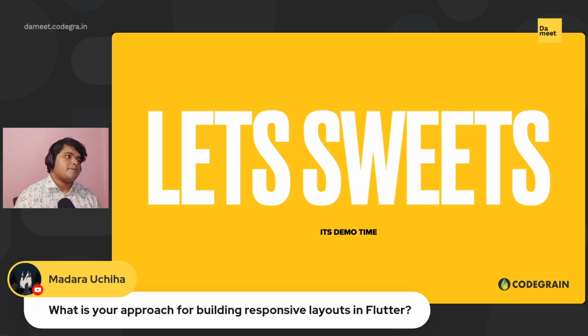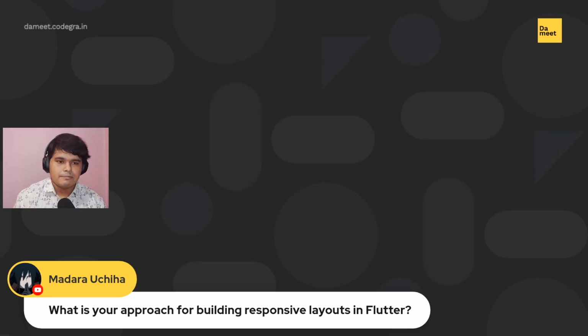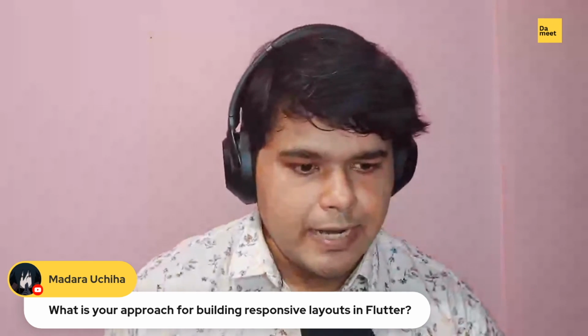Actually, not callback functions, but the builder has an attribute set of these three, and you can pass on a set of widgets or your layouts in those three constructor parameters, and handle your responsiveness in Flutter. So that is a bit of a senior level question, something that a new web Flutter developer would ask. But yeah, you can use the responsive layout package again from pub.dev, where you can handle those things.